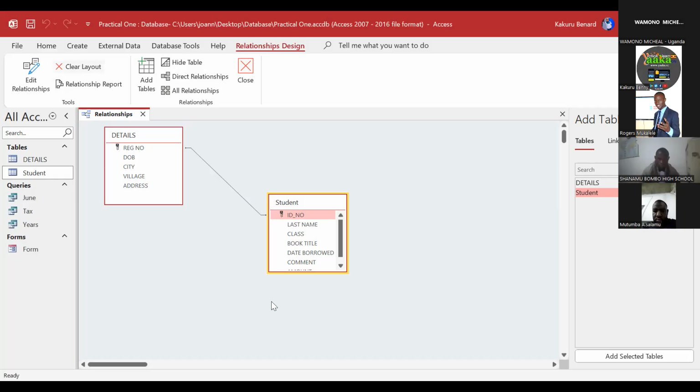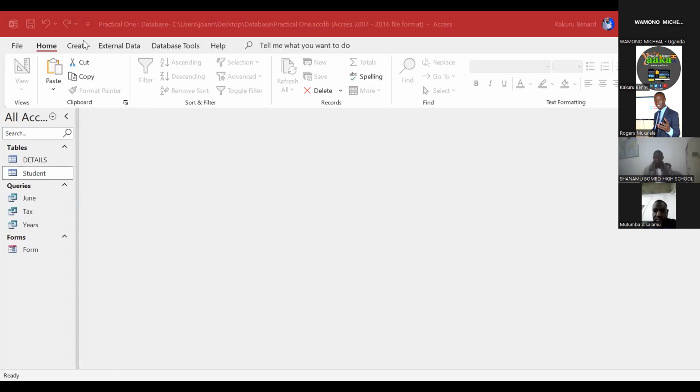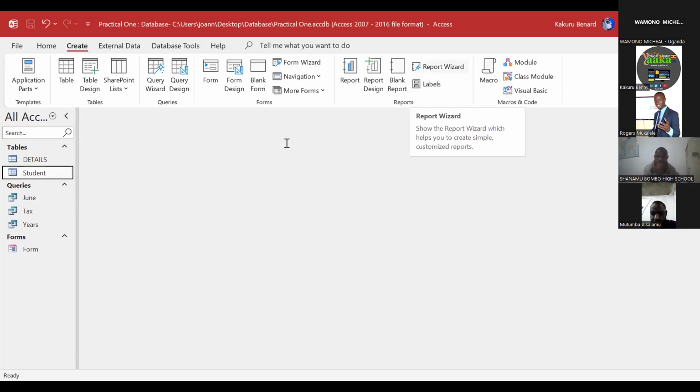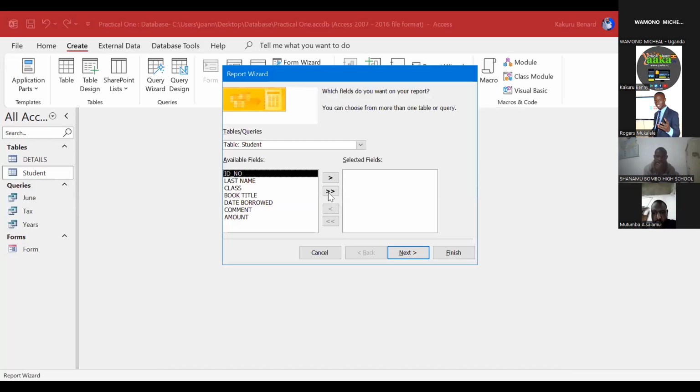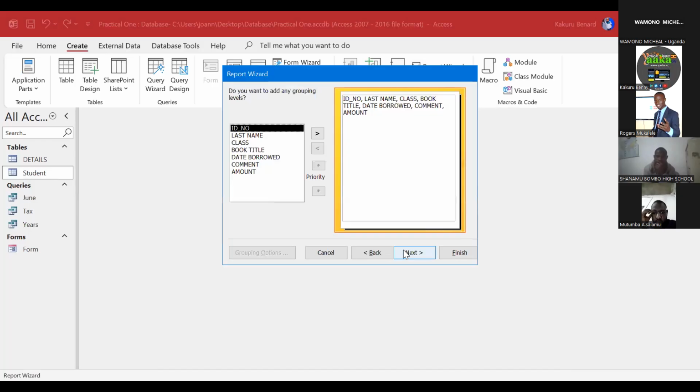Someone is asking about grouping and average calculation in reports. Okay, let's create a report. We can create a report by wizard. We pick from students and take all fields. We click next. So here, in case you have grouping, let's say we are grouping our